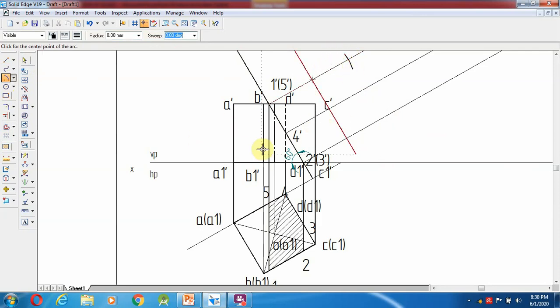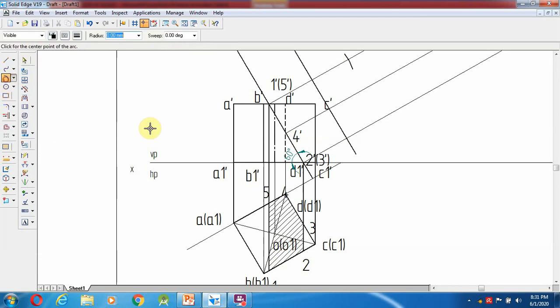Okay, then again from here to the first point. So what is the dimension? 55.46. So select the same, like select a line. Before that you can check, this is 20.82.